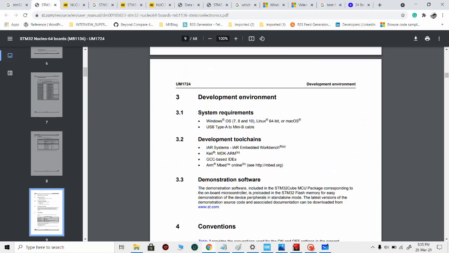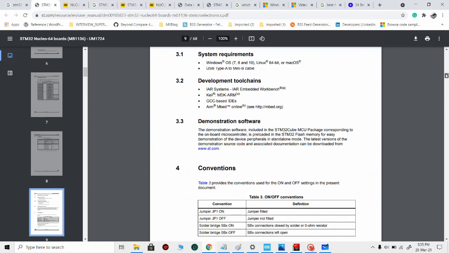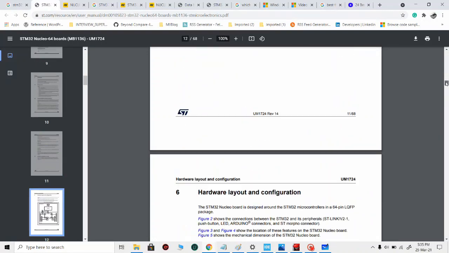There are tool chains like Keil, GCC ARM based tools and IAR based tools. We will be mainly looking at the ST based tool, which is called STM32 Cube IDE.